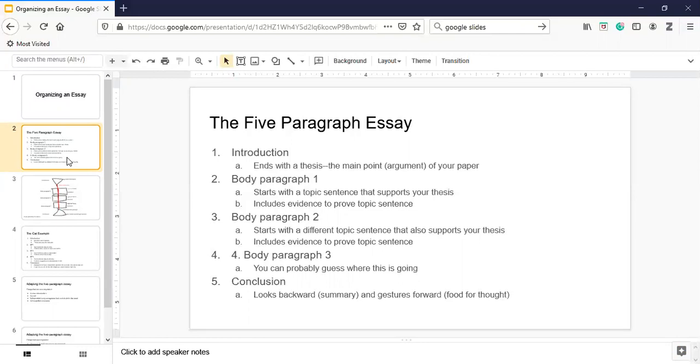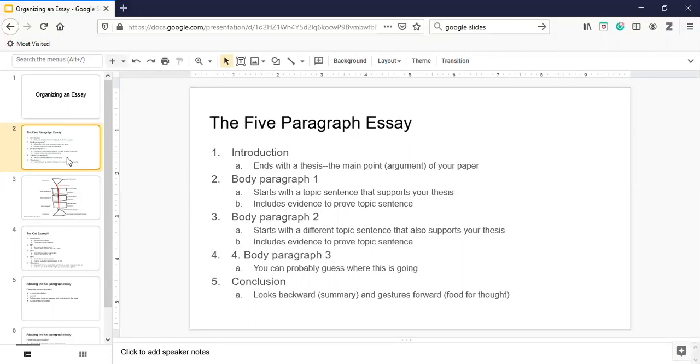And then the last paragraph is a conclusion, which of course concludes your paper by looking backward at your paper and summarizing the points you've made, and then gesturing forward by giving your audience something to think about after reading